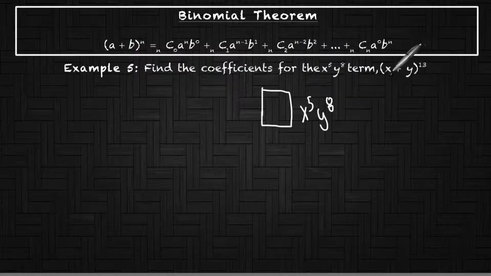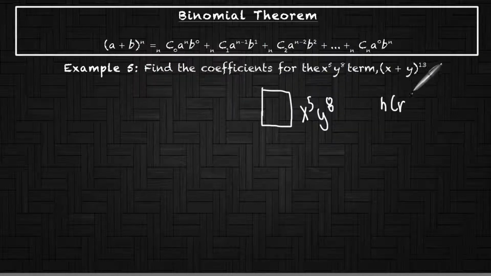Now, you have to be careful here because some problems we may give you, it may have a 2x and a 3y, or maybe it's a minus sign. So you have to remember that that would go in its own separate set of parentheses, and you would have to raise whatever that number is to this power, and then if there's a number in front of the y, you'd need to raise it to that power, and then multiply it times whatever is in the box. But in this case, we don't have to do that because there's just a 1 in front of both the x and y. So we just need to find what's in this box,